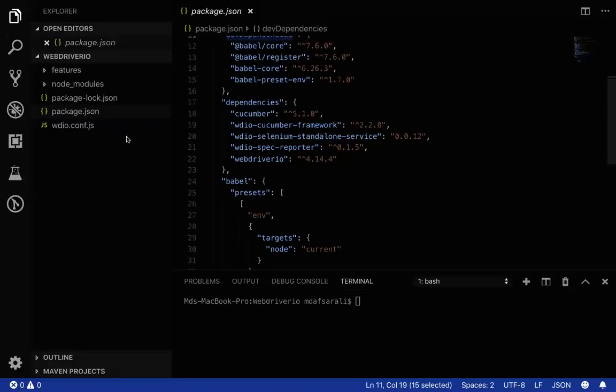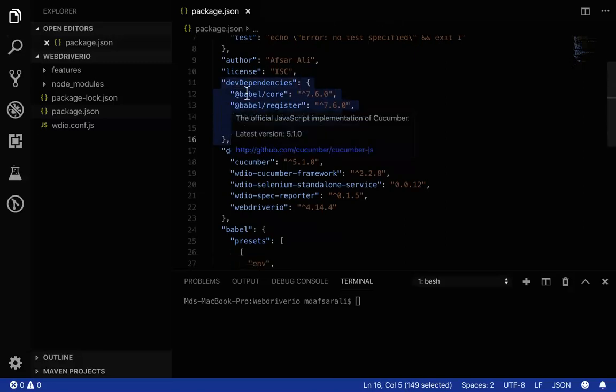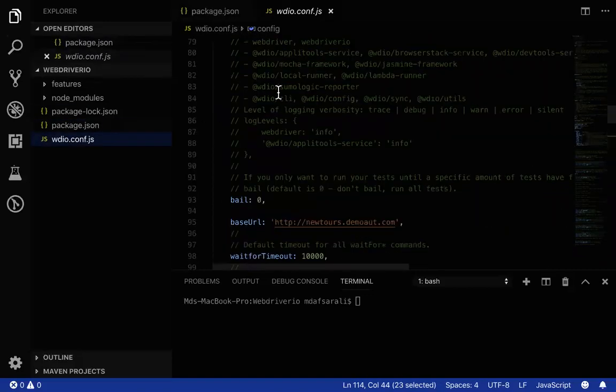Prior to that, I just wanted to say that I added a dependency. If you see here in the dev dependencies, I have added babel-core and babel register. You should also add it in your package.json. Don't worry about it for the time being. When we come across it in a later session, I'll tell you why we'll be needing it. That's one place that we have added it, and another place I have added it is over here in the